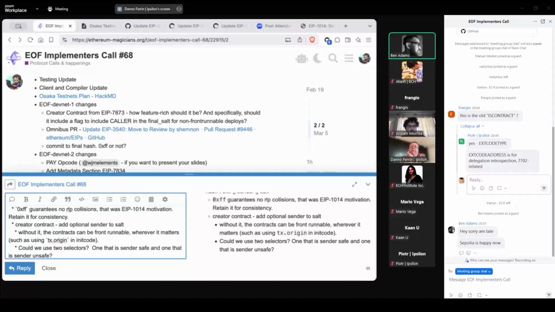Not necessarily either. If you're just sending a neutral contract that has no owner, like a utility contract, then if you're front run, who cares? Because it just means somebody else paid the gas.